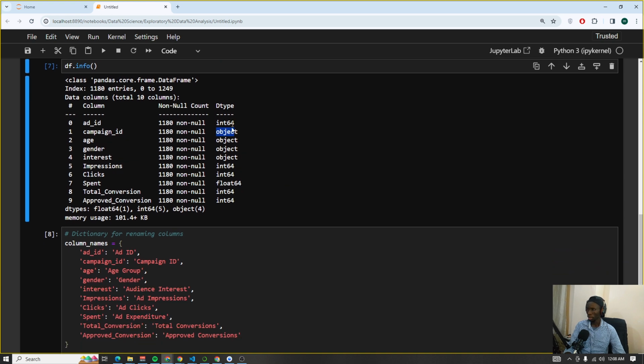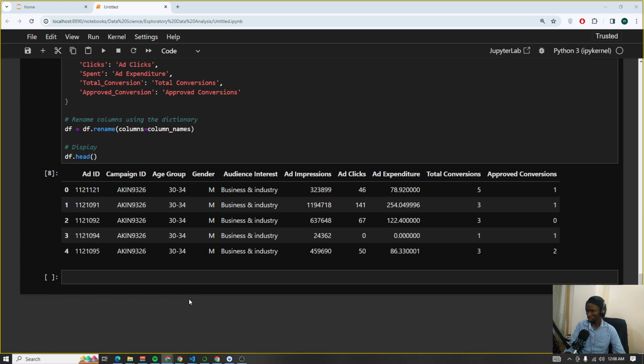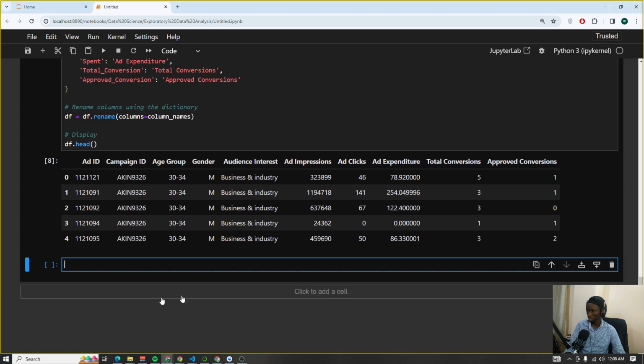So for the columns of the attributes containing object as the data type, I'm going to print the unique values for the categorical columns so that we get to see what the unique values in those columns are. Okay? So I'm going to print that. And for that,